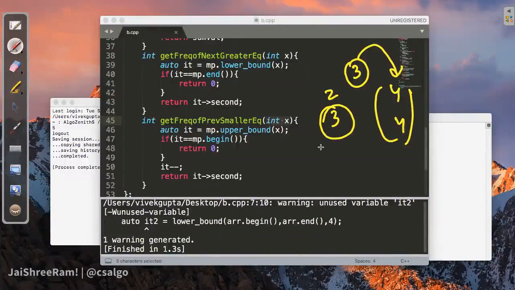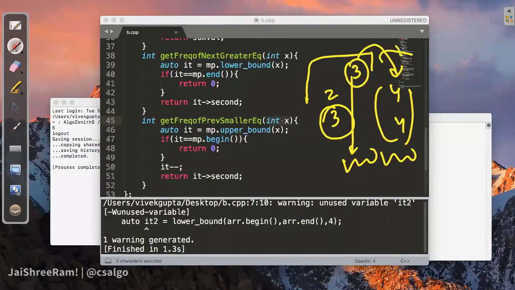In case of iterator, if we want to find the value, we have to use it.first, or star of it by default gives the value. No, it.first, star of it.first will also give you the value. Lower bound will give you this element, but we want this particular element or everything previous to this. So what we will use is upper bound and then go back once.